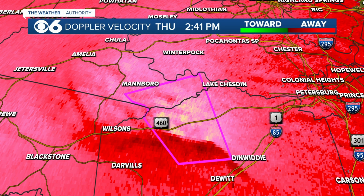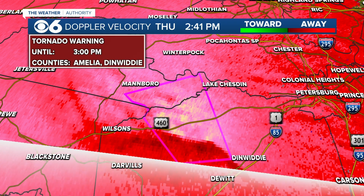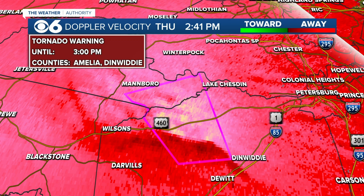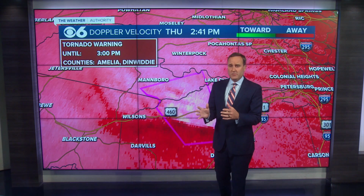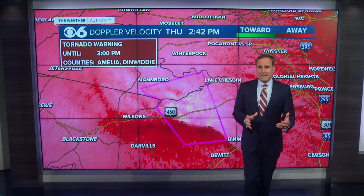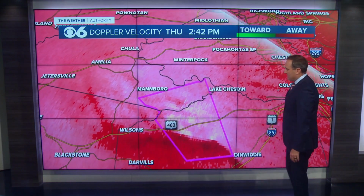So again, if you're just joining us, we do have a tornado warning in effect for Dinwiddie County and southeastern sections of Amelia County until 3 o'clock this afternoon. The current time is 2:41, so this is going to be in effect for a little bit longer here, and it's a storm that had a tornado warning on it a little bit earlier down in parts of Greensville County and also down into Sussex County, and sort of weakened just a little bit, and now that circulation is back,